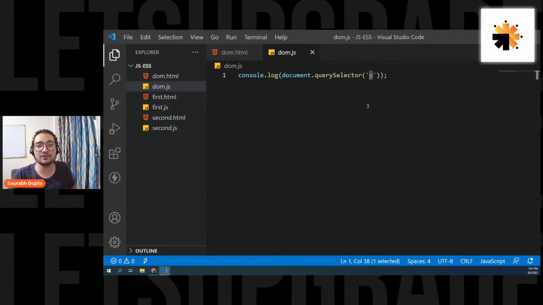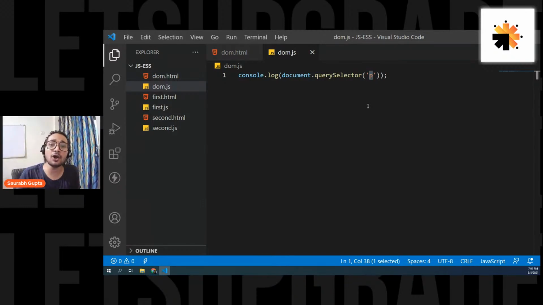First element, that's it. So even if you have hundreds of p's, doesn't matter, I will only give you the first element. That's totally it. Is that cleared, everyone? So by using query selector, you can always fetch the first element. If you have multiple elements, it will always give you the first element.